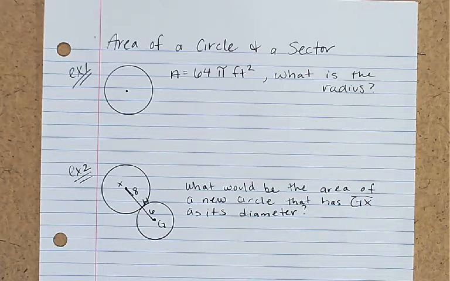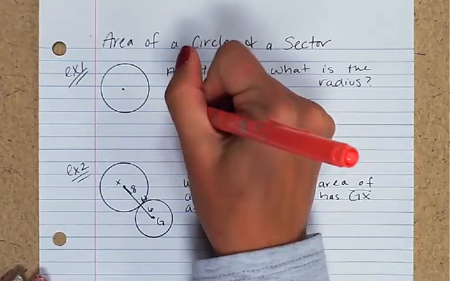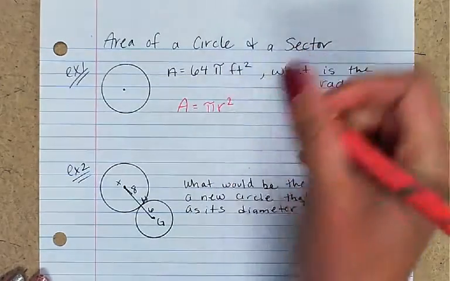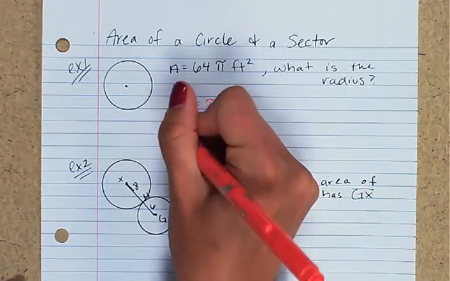This is a review of the Edgenuity lesson, area of a circle in a sector. So for example 1, they tell us that the area is 64 pi feet squared and we need to find the radius. So to find the area of a circle, it's just pi r squared. So if we know the area is 64 pi,